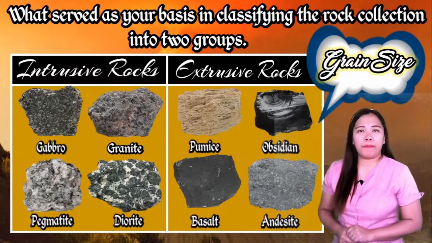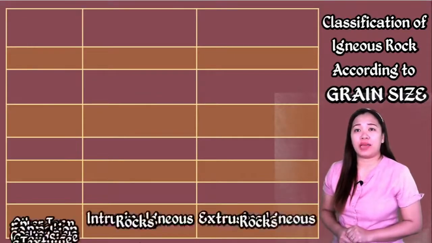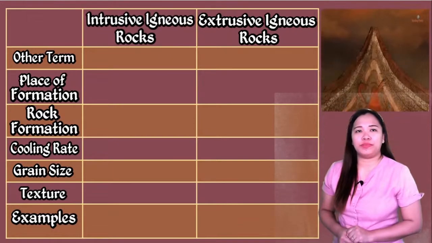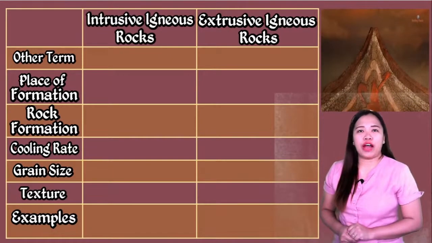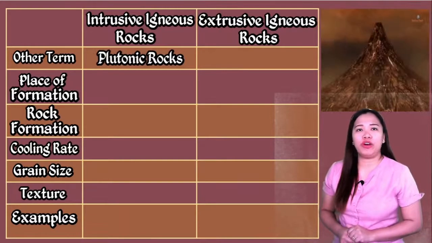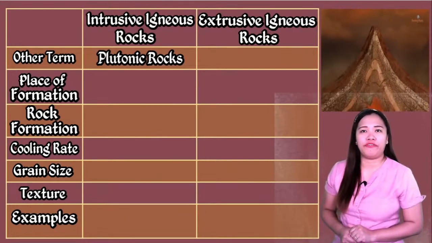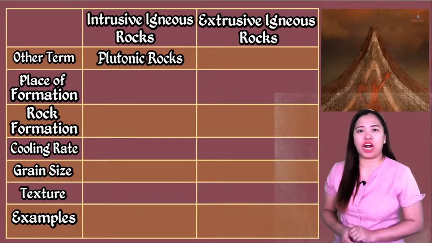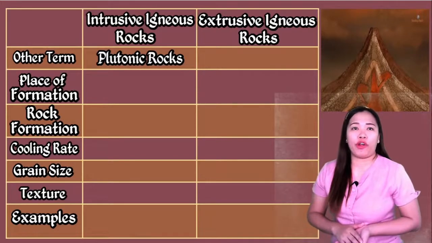Let us now compare the formations of these types of igneous rocks and discover how location, material origin, and cooling rate affects the texture and grain size of a rock. Let's begin with intrusive igneous rock. Intrusive rocks are also known as plutonic rock. It is from the word plutons, which mean large bodies of magma that solidify even before reaching the surface of the crust. This type is formed inside the Earth's